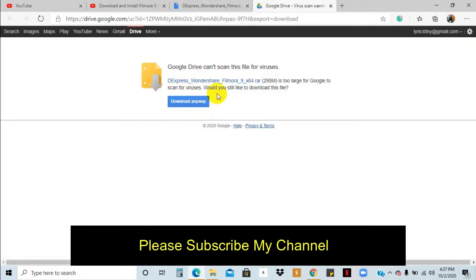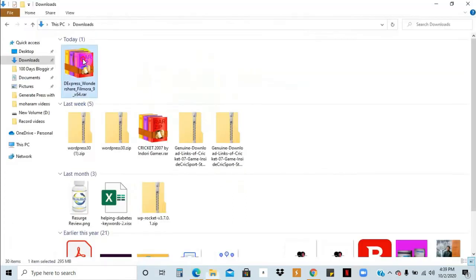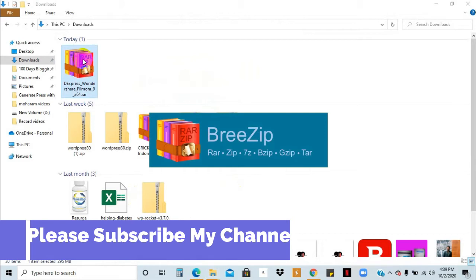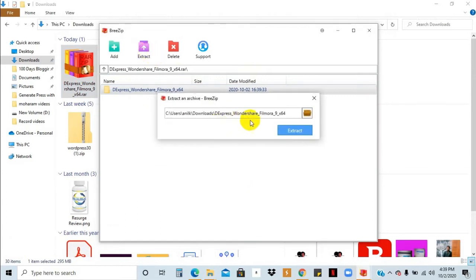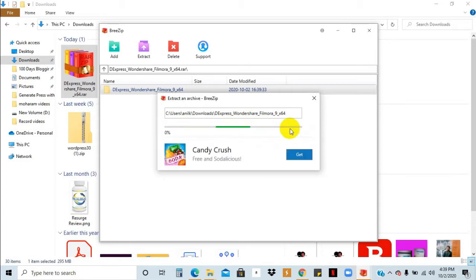Today we are going to learn how to download and install the Filmora software for free. Go to Google Drive or check the description for the link and download it. You will get the zip file, so extract it the same way. Now the file is going to extract,